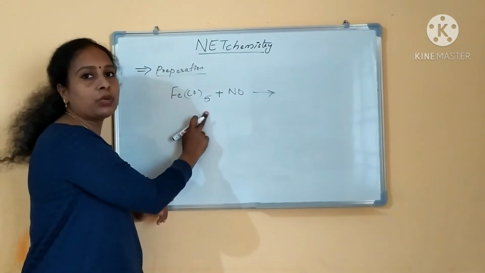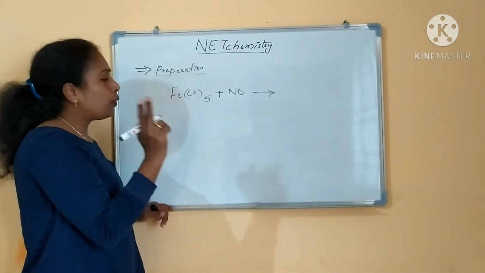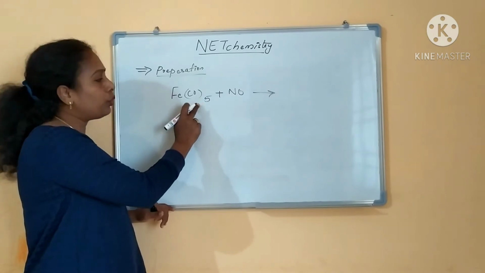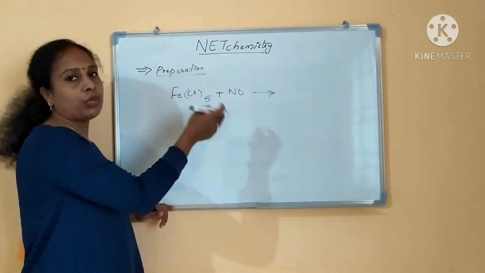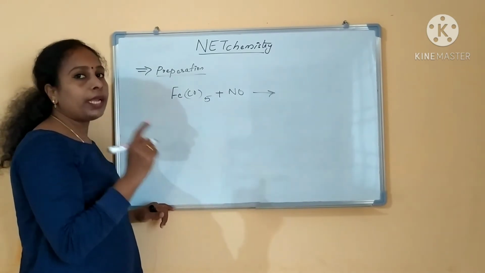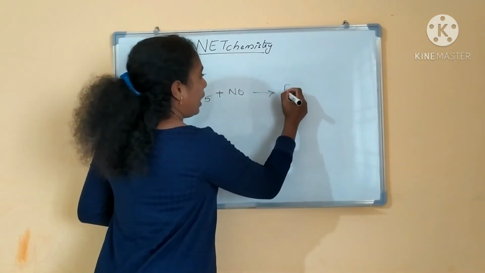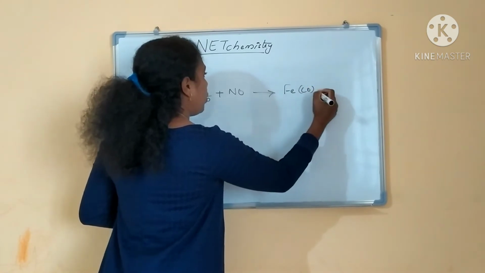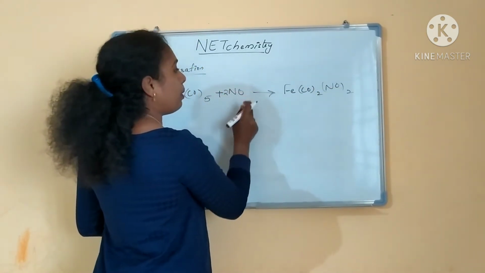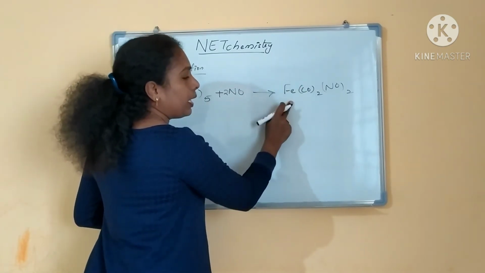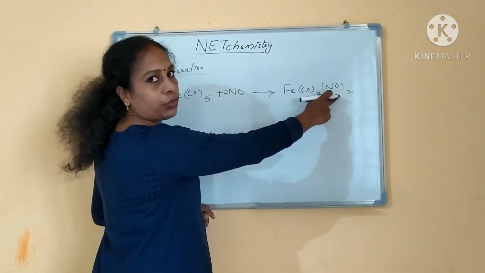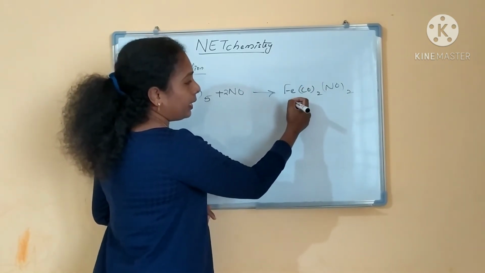While preparing the nitrosyl complex, there are 2 things you have to take care of. One, you should keep the maximum number of CO, okay? You cannot replace all the COs. You have to keep the maximum number of COs for stability, and you have to check the 18 electron rule. So I am writing Fe(CO)2(NO)2. This is the nitrosyl complex we are preparing, and you can calculate the 18 electron rule. 2 COs we have kept and 2 nitrosyl also. So you can check the 18 electron rule.